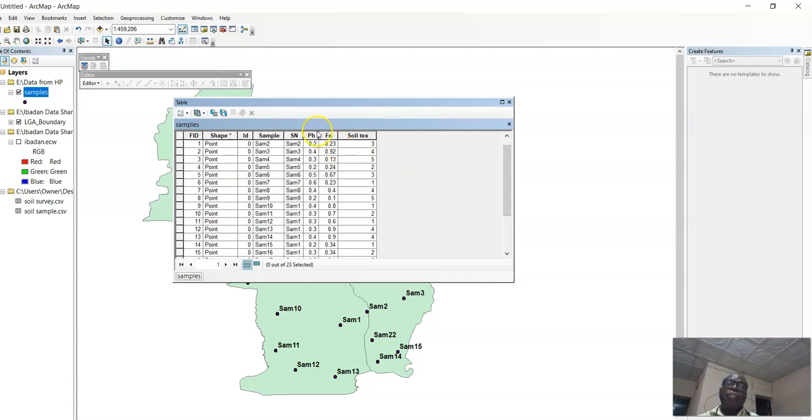And then when you are done with this, you are ready to do your surface interpolation. We can do our surface interpolation with the pH value. We can produce a map or image of the pH value of the local government, or the ferrous content of the soil, or the soil texture. We are going to look at the pH value first.